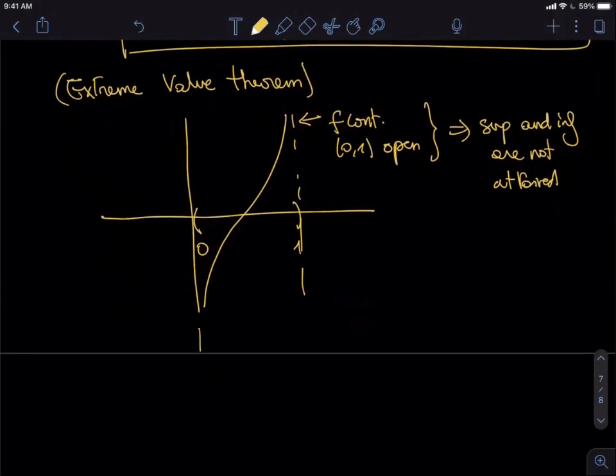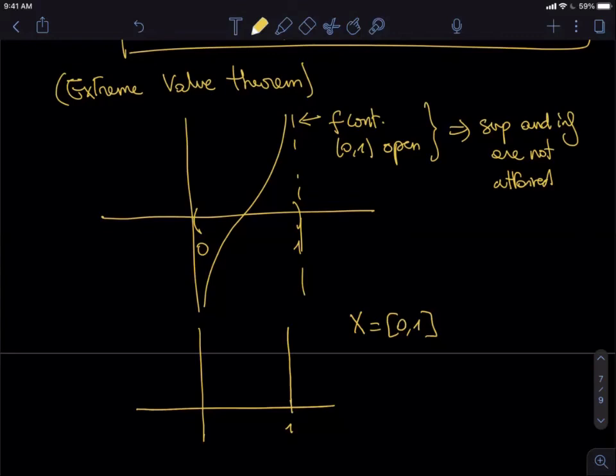Or otherwise, we could have something discontinuous. We could have X that is 0, 1, that is closed and bounded, so it is compact, but we have a discontinuous function. If the function has a jump, it may have a minimum,